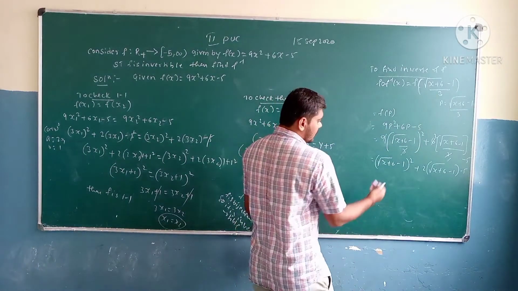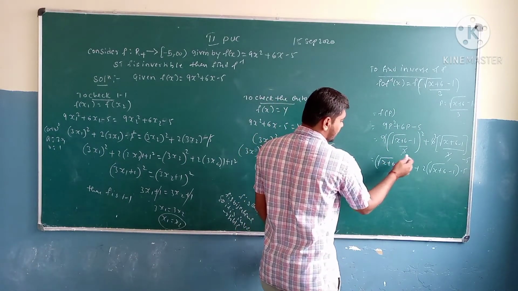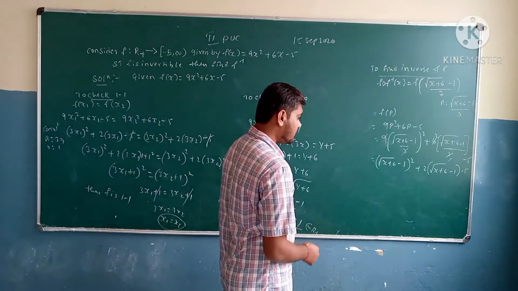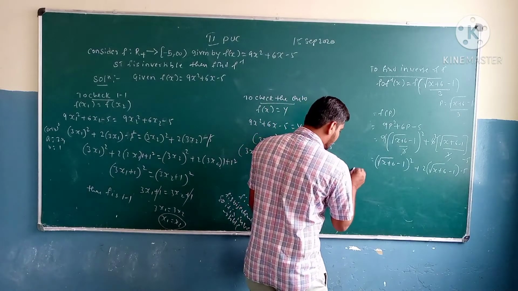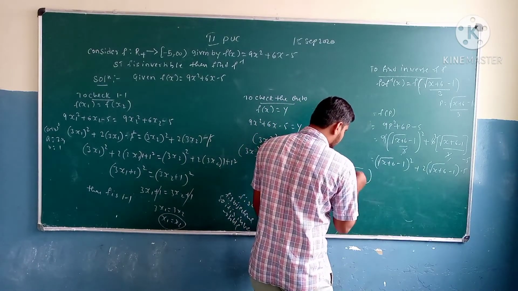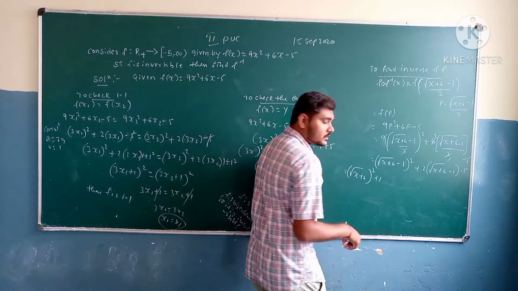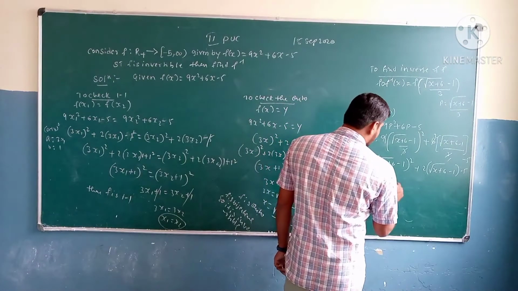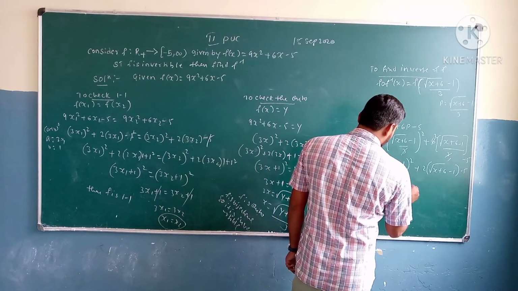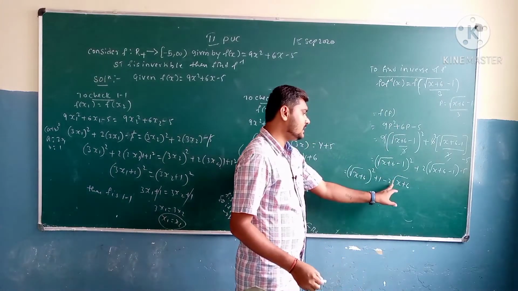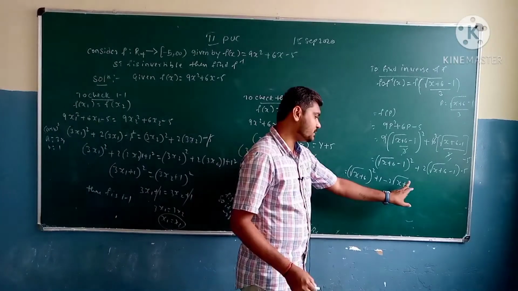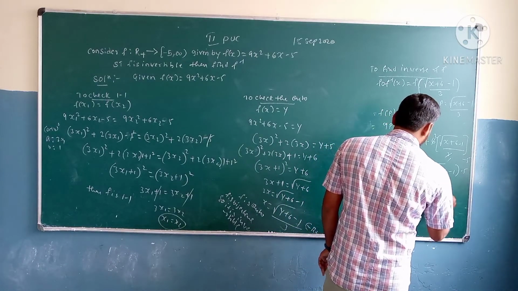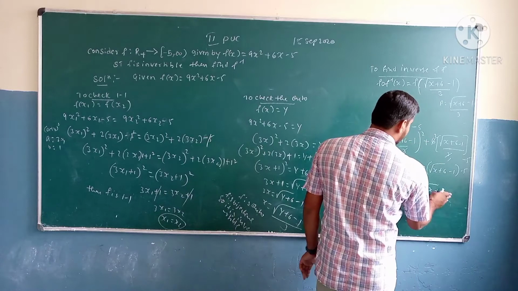So here we have the (a minus b) whole square formula. According to the formula, (a minus b) whole square is a square plus b square minus 2ab. So here, root of (x plus 6) whole square plus 1, because minus b whole square is going to be plus b whole square. Minus 2 into root of x plus 6 into 1 is nothing but 2 into root of x plus 6 itself. So plus 2 into root of x plus 6 minus 2 minus 5.